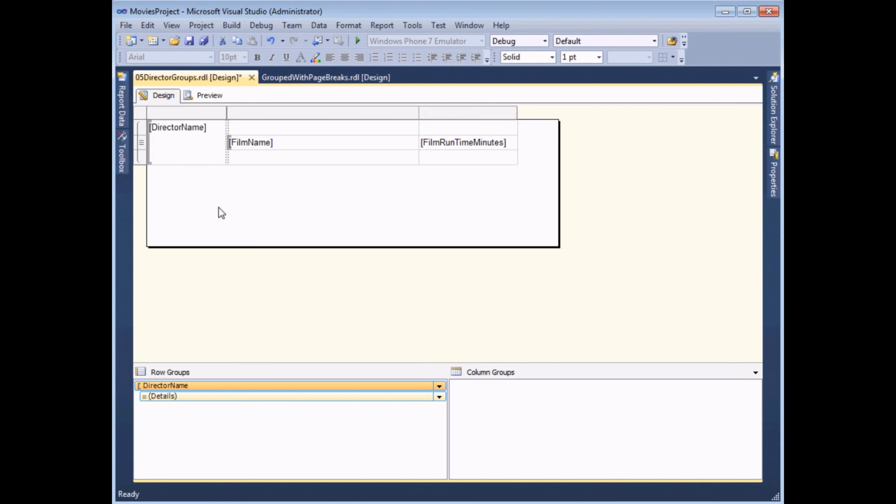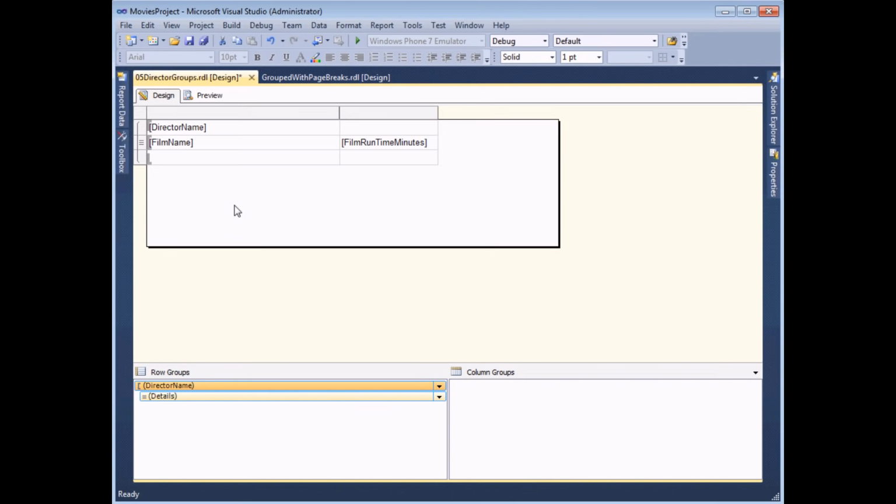The next thing is to make sure that I get my director's name, rather than sitting in a separate column, spanning the top of the details section. And the easiest way by far to do that is to hover the mouse over one of these blank cells, and just as you would normally, use the field selector to choose director name. So at the moment I've got the director's name in the table twice. So what I'm going to do is delete this unused third column,